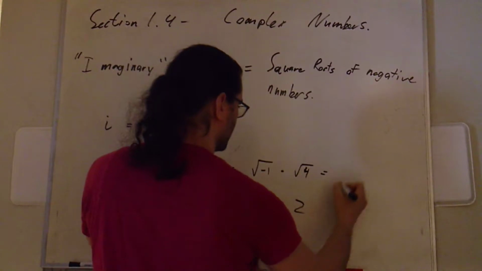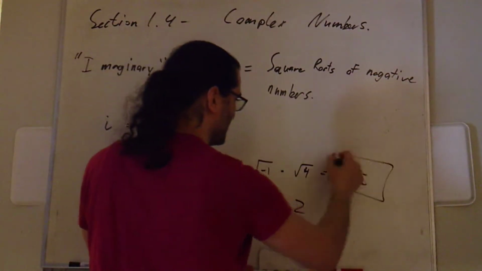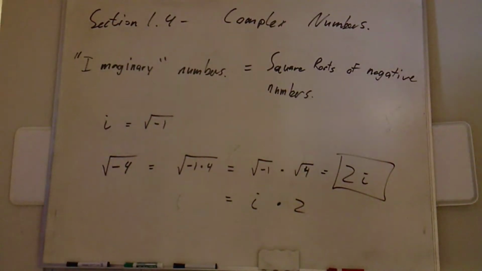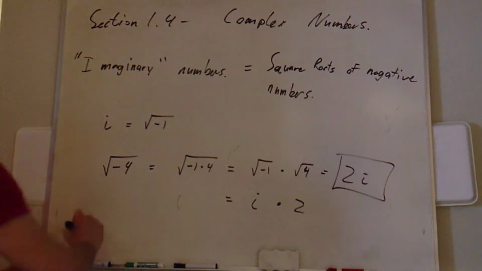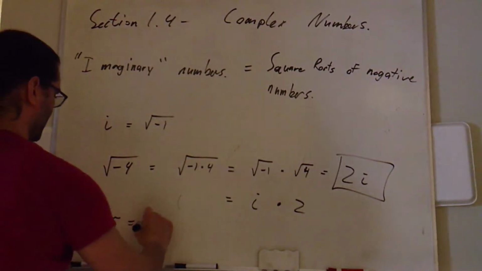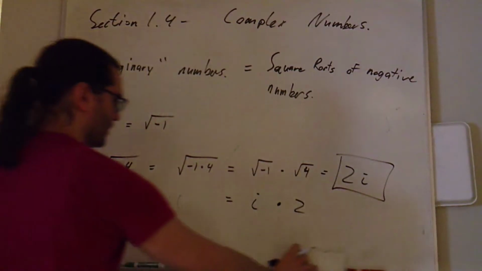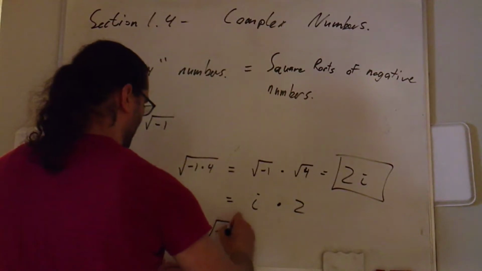So we would write this as 2i. That's the square root of -4. If you're dealing with something like the square root of -25, we would call that 5i. Square root of -100,